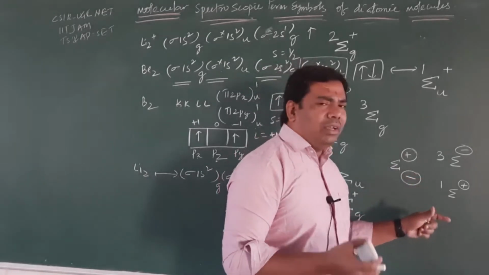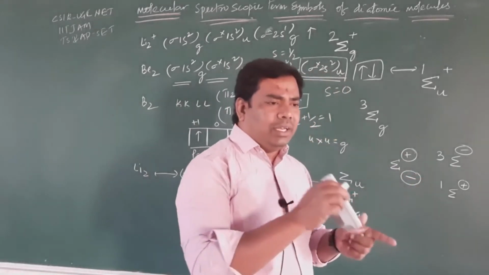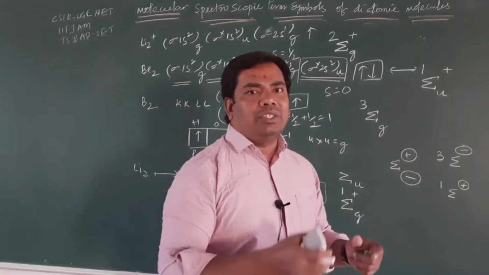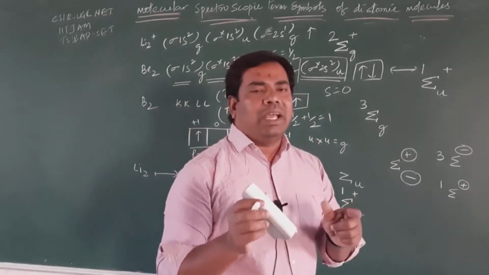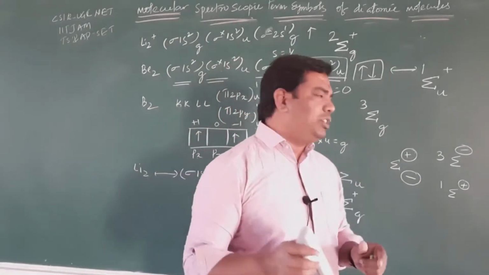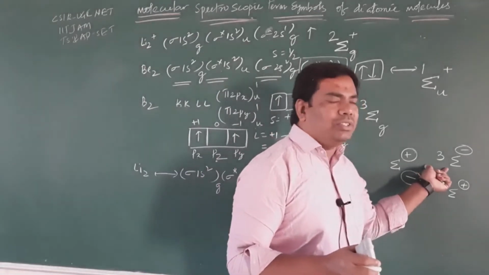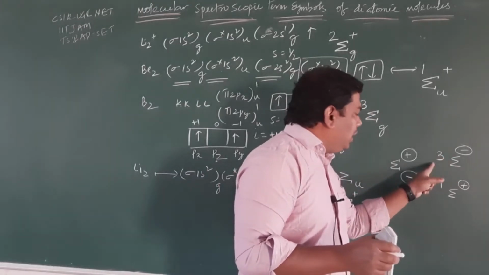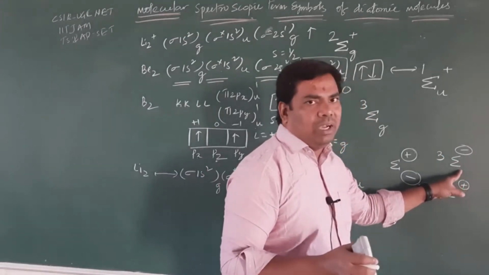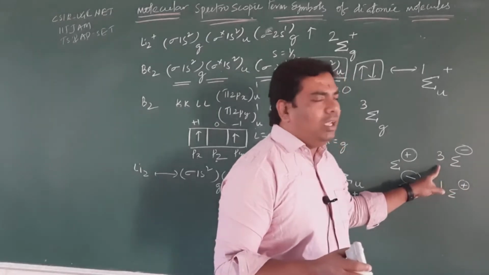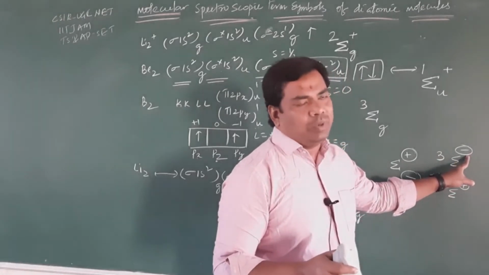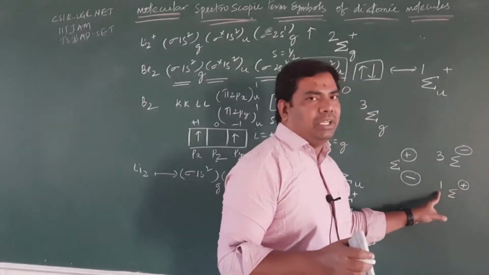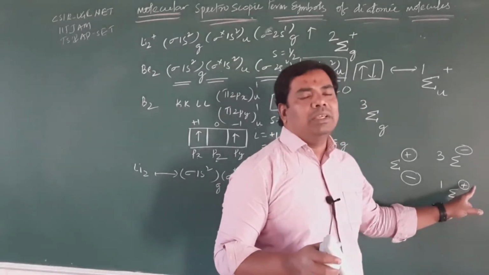Okay, but it is very difficult to identify whether it is a center of inversion with reflection through the plane. It is very difficult to characterize within a fraction of time from an entrance examination point of view. So that's why, students, please use this simple hint or simple concept. If the term symbol is sigma and the spin multiplicity is 3, then you can use negative as a superscript. If the term symbol is sigma but the spin multiplicity is 1, then you can use the plus symbol. Is that clear, student?